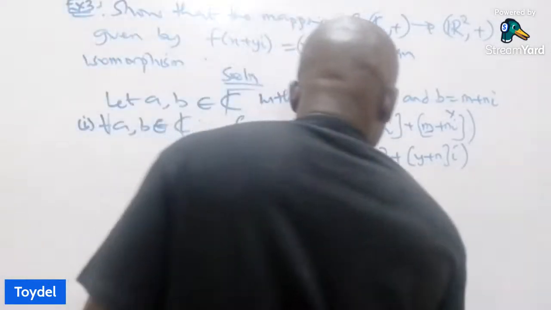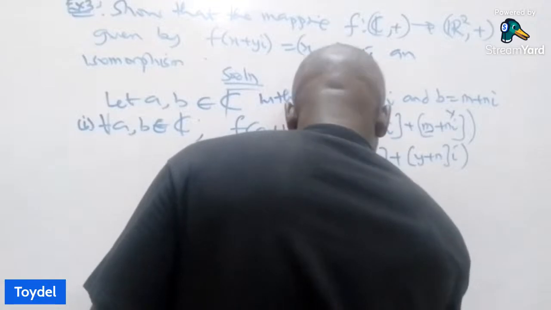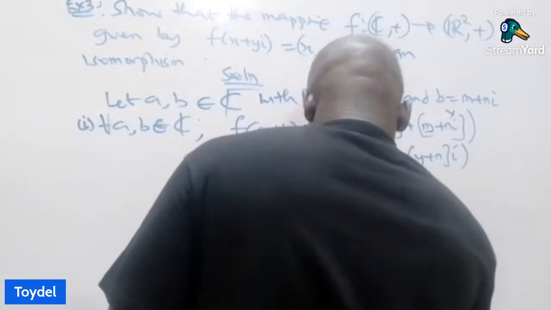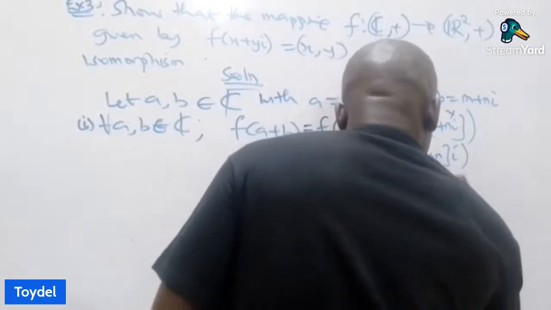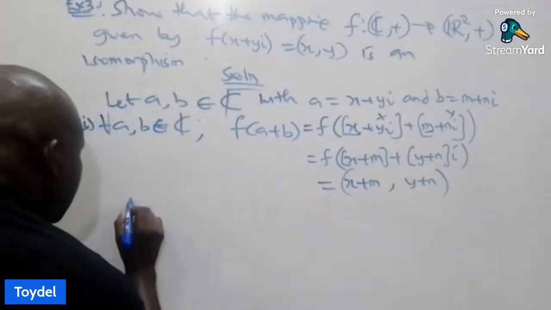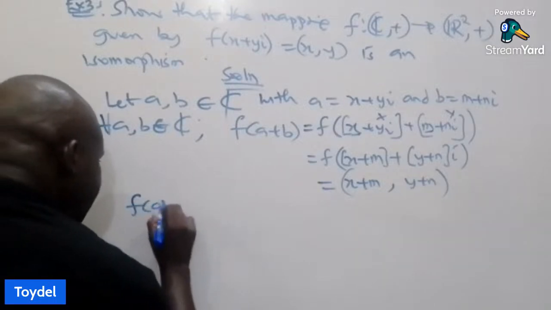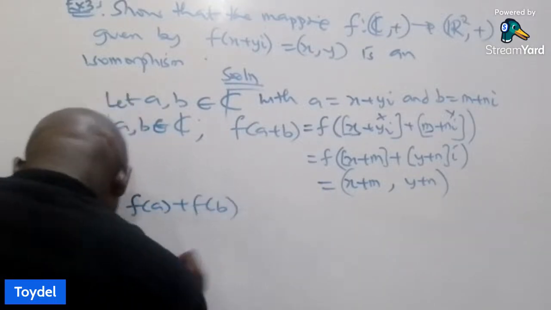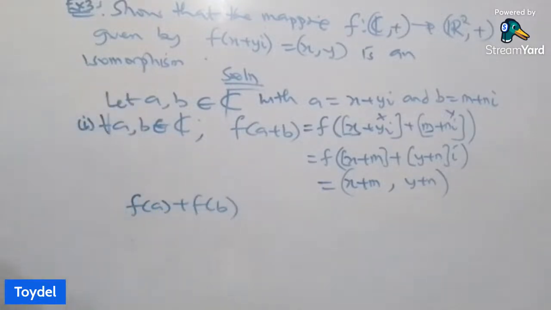So here I'm going to have x comma m. That's what I'm going to have. I can have x plus m here, comma y plus n. That's what I'm going to get here. So I've been able to show for f of A plus B. So then I'll go ahead and show for f of A plus f of B. That's the second condition that must be satisfied. So if I'm able to get this, then we'll say,